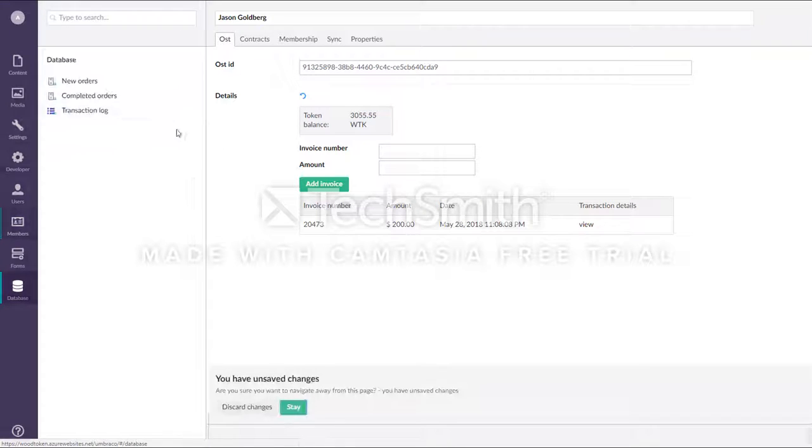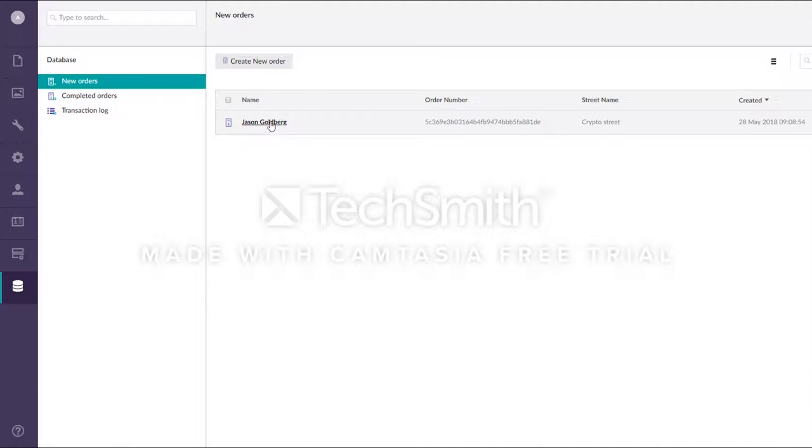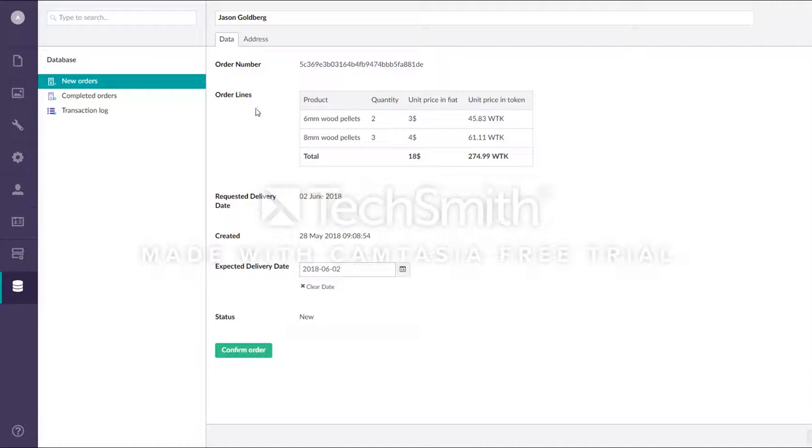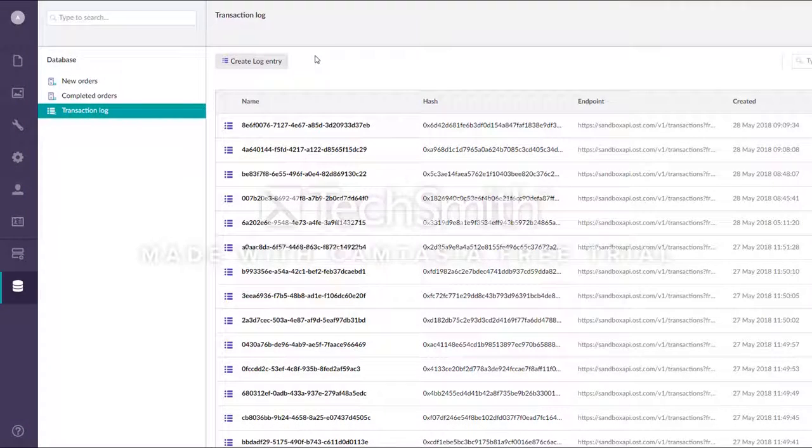So when that's done, we'll go to the database view where we can see the new order here, and we'll see the order details, and when everything is fine, we can confirm the order, and we'll do another transaction. There, the transaction is successful. Okay, so now that we have shown a transaction from company to user and a transaction from user to company,